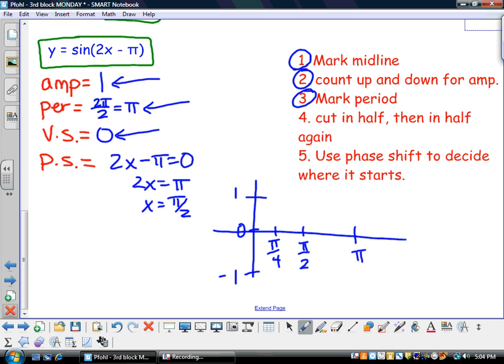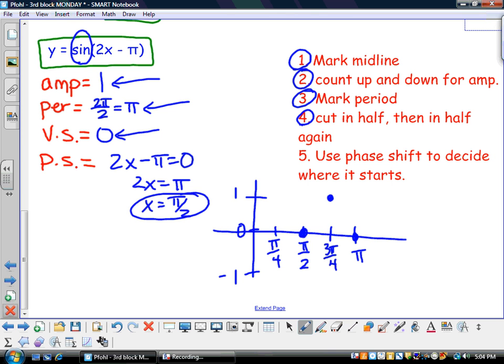To get the third marking, we just need to count. 1 pi over 4, 2 pi over 4. This must be 3 pi over 4. Now we're ready to use the phase shift to decide where it starts. This graph is going to start at pi over 2. It's a sine graph, and sine graphs start in the middle. So I'll put a dot right at pi over 2, 0. It's a positive sine graph, so it's going to go up first, back to the middle,